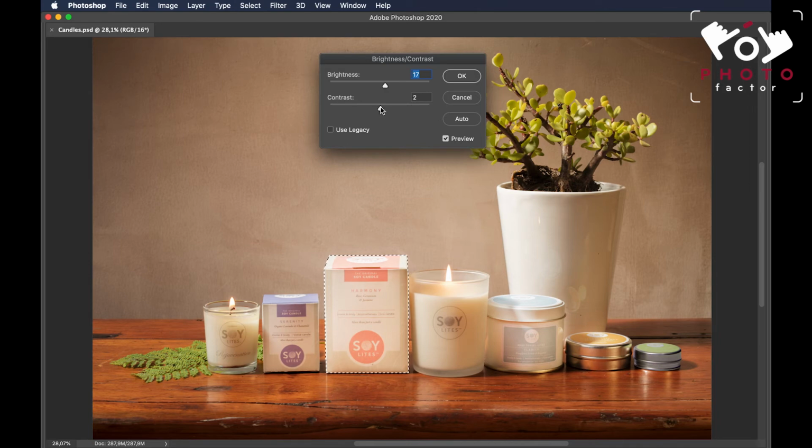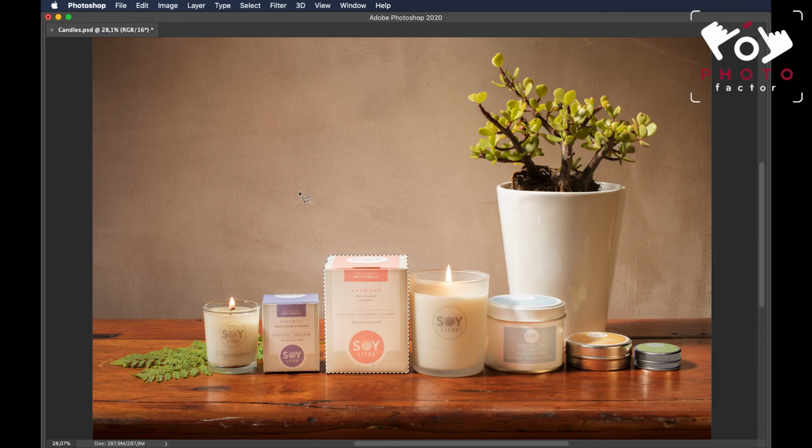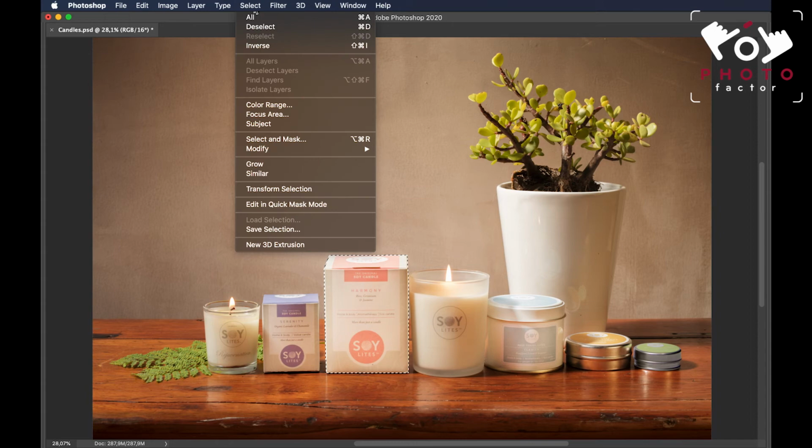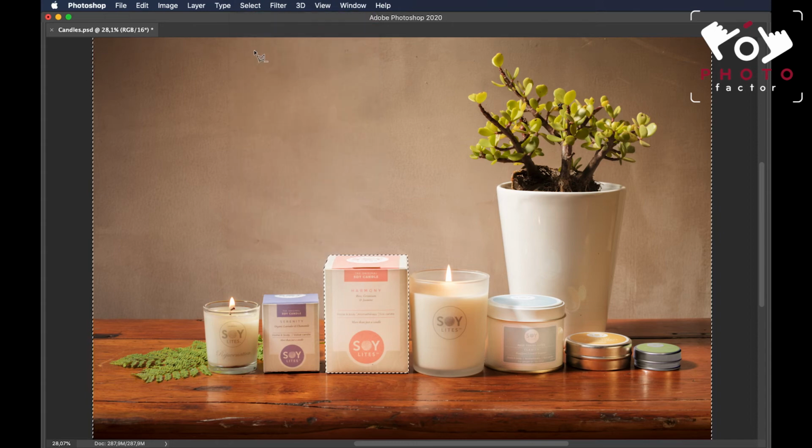Maybe take out a little bit of contrast, and we can click on the preview icon here, on and off, to see how it was and how it is now after the adjustments. I'm happy with that, and I go on and click OK. And now, what if I want to edit outside of the image? I can now head on over to Select, and I'll scroll on down to Inverse, click on that, and notice